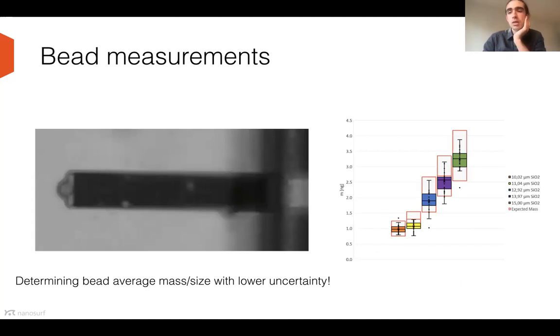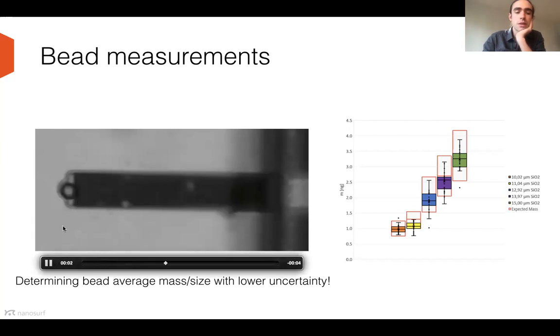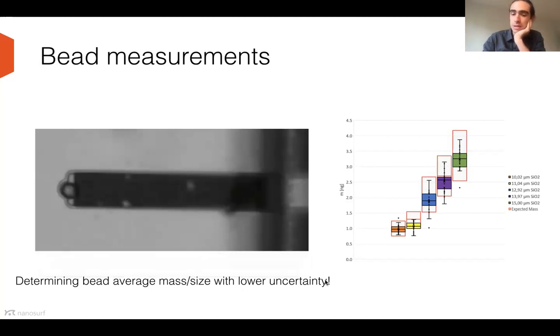All right, so we've also used that, for instance, to measure beads. So different silicon oxide beads. You see here that it can hardly be seen, because it's not on the focal plane, but it will soon be in the focal plane, the bead. So you have a bead here below that cantilever. Here you see the cantilever, here somewhere is the aperture, and then we start the sucking, and whoops, there it is. There is the bead that is now attached to the cantilever. And now it can be measured in its mass. And what we find out, and that is quite interesting, here you see different bead sizes and therefore different masses, is that